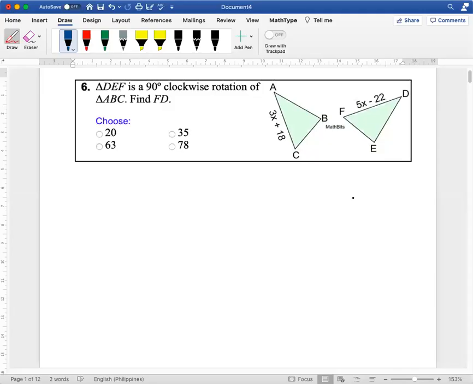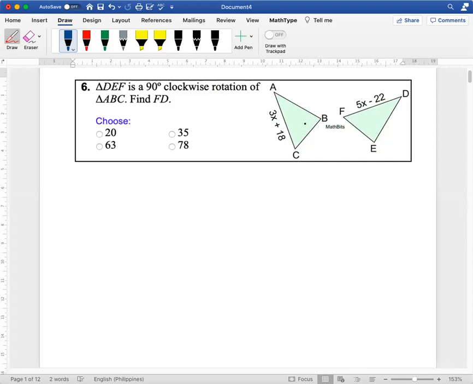Let's solve problems using congruent triangles. In item number 6, triangle DEF is a 90-degree clockwise rotation of triangle ABC, and we need to find FD. From the given problem, we know that these two triangles are congruent. It's just that their orientations are different because of the transformation made, which is a rotation by 90 degrees,